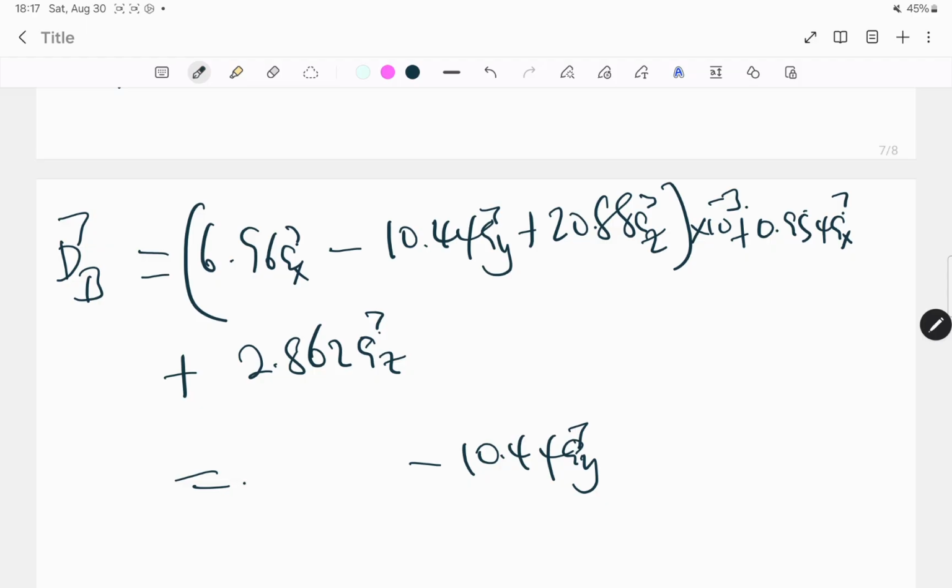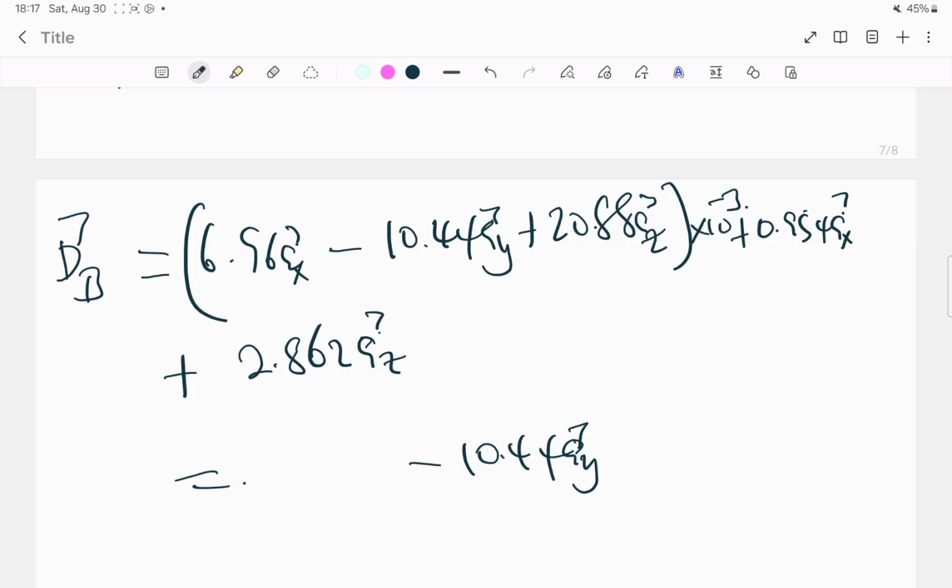So here I'll just add 6.96 plus, no, you have to multiply times 10 to the power minus 3,